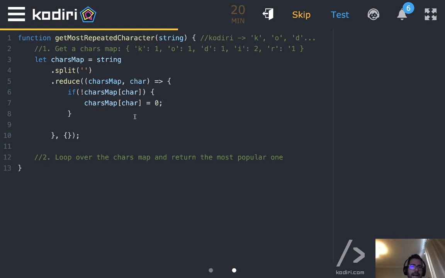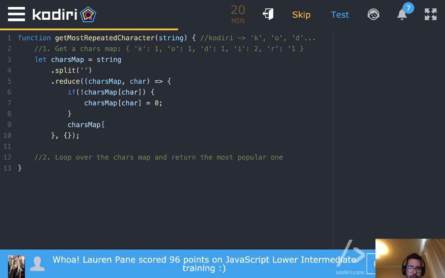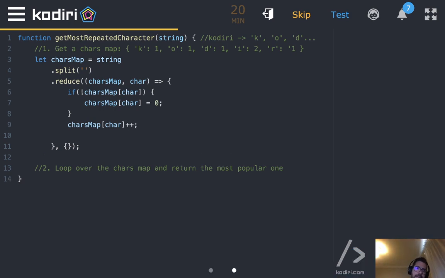Then I will increase the counter associated to that character: charactersMap of character plus plus. And finally, before I forget, I will return the list of characters.